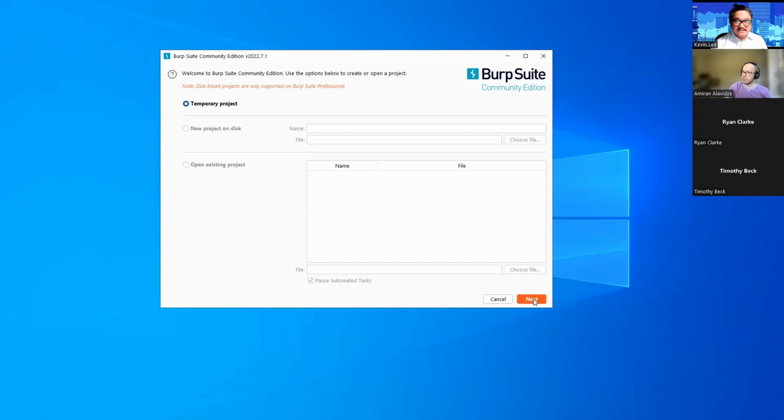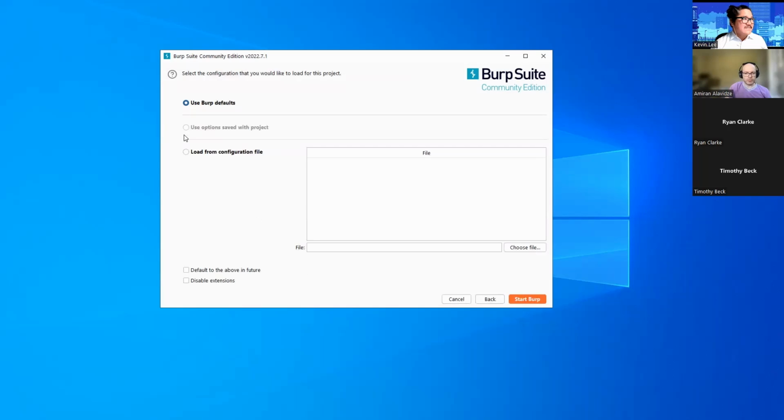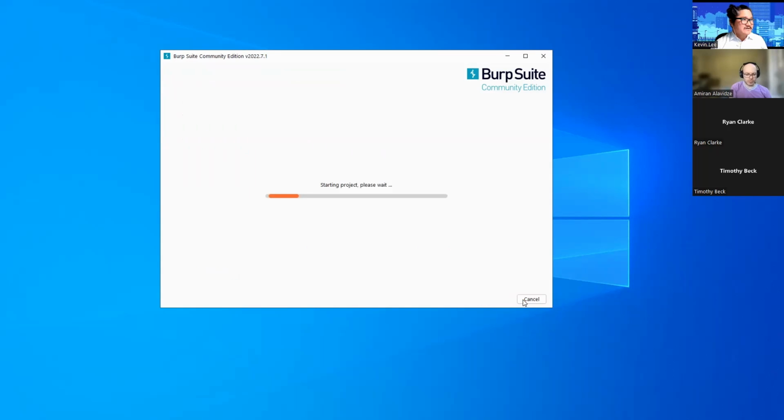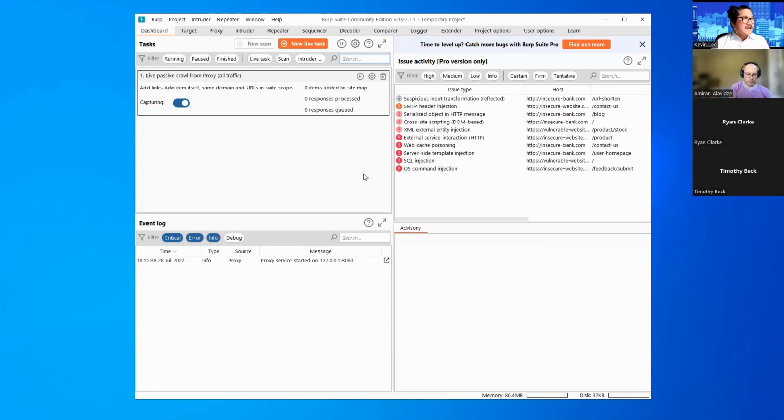So what you want to do is click here on Next, and then on the next screen, we're going to click on Start Burp over here. Okay, so this is the main Burp Suite Community Edition screen here.